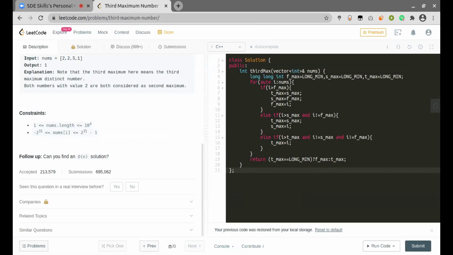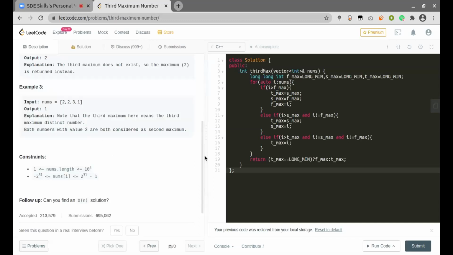I was thinking, why can't we use an unsigned int? But if you use an unsigned int, then you are going to miss the int min side, the negative values. If we take unsigned, then we won't be considering negative values. But there are negative values in the given nums vector, so we don't have any options. We'll have to go this way.